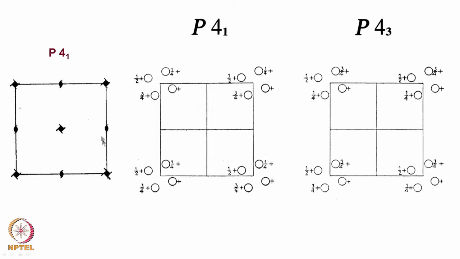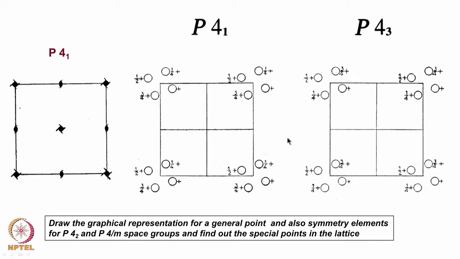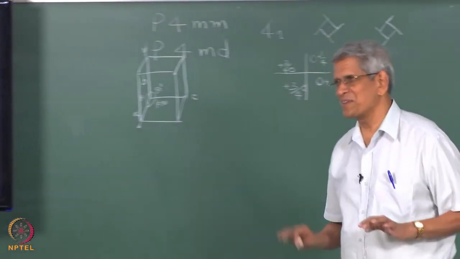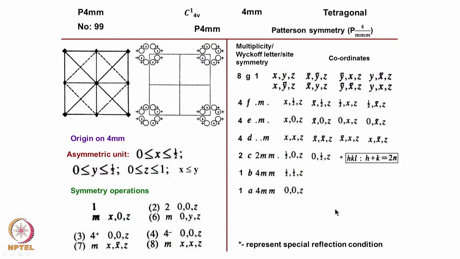So this is how it looks. What I want you people to work out is how it will look for P42. Okay, what sort of symmetry will be exhibited, by the same logic which you can apply. Think about it: how will P42 become twofold? Twofold. There's a distinct difference between these two.